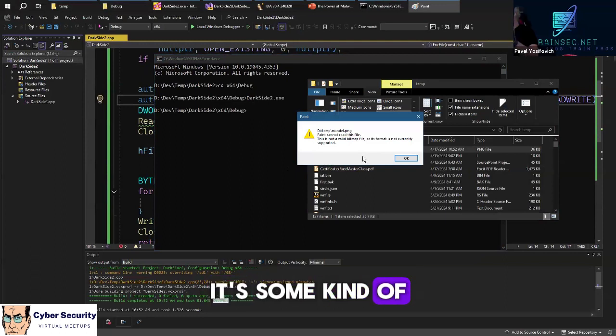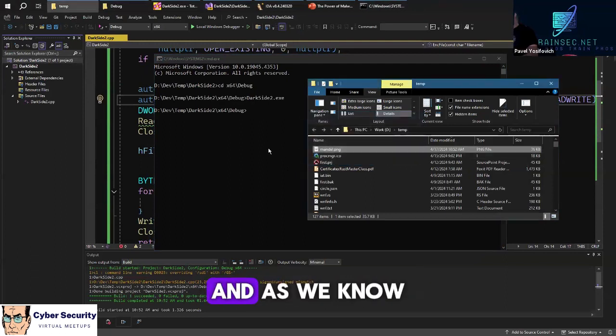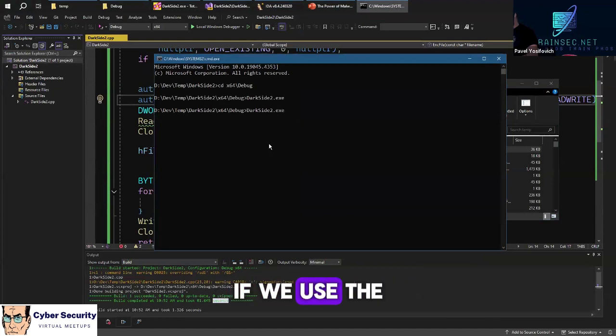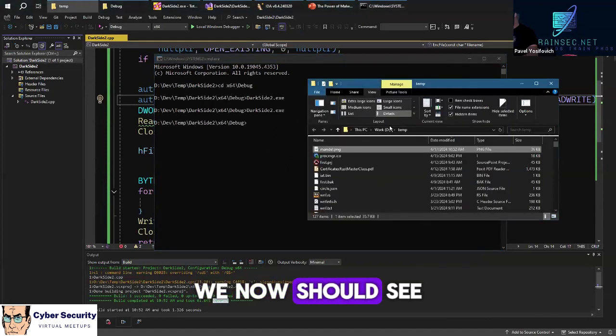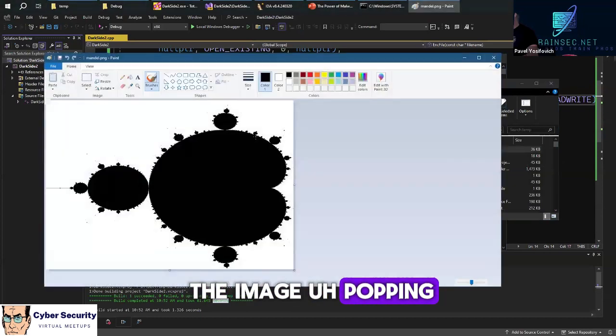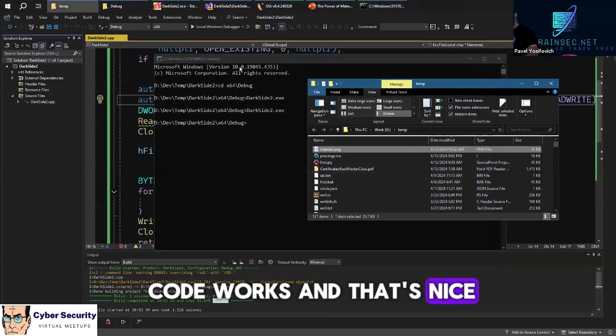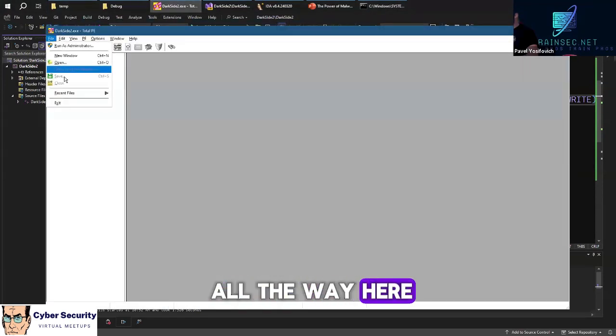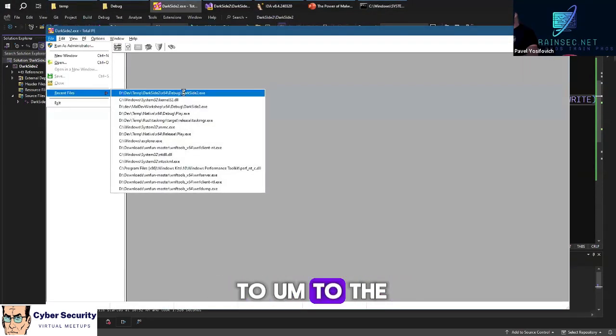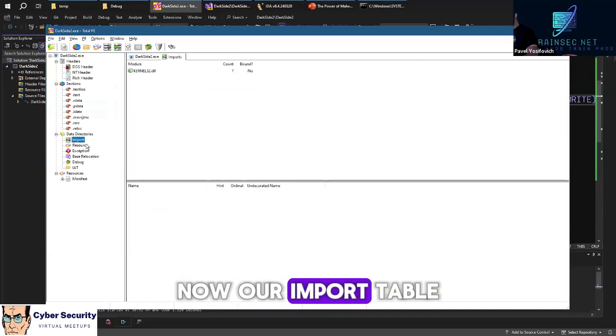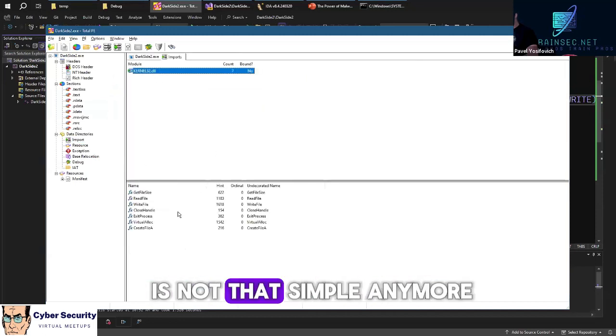It's some kind of junk. And as we know with XOR, if we use the same key, we can decrypt it back. So if I run this again, we now should see the image popping up again, normally as before. So we know this code works, and that's nice. But if we go all the way here to the total P, of course, now our import table is not that simple anymore.